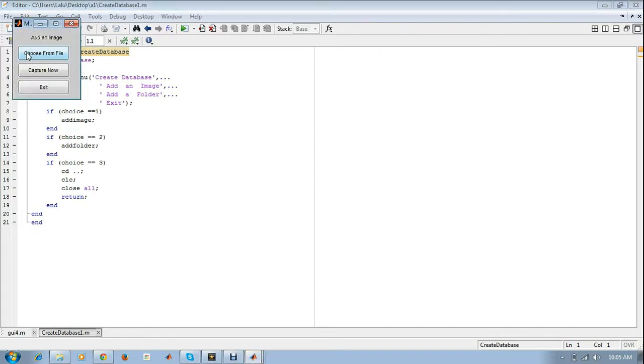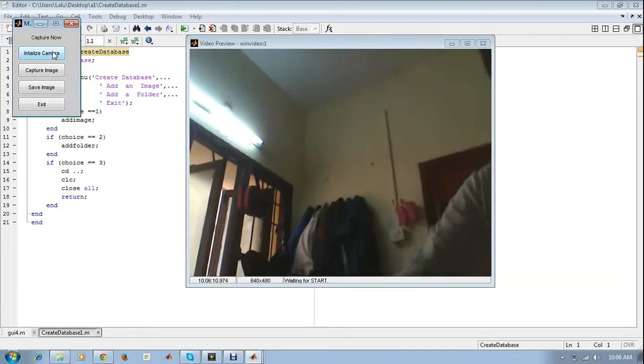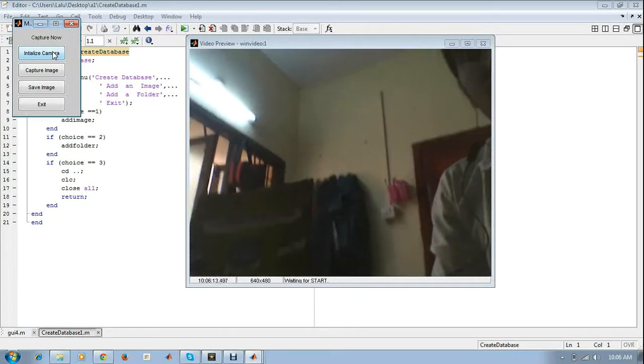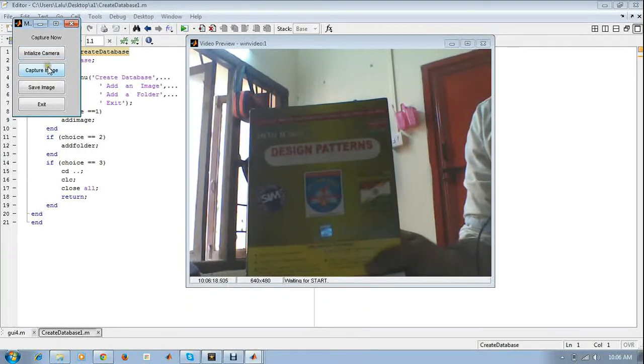If we want to add an image, we can choose a file from our database where we want to place the data. If you want to give an object which is static, you can choose capture now. It shows initialize camera, and the front cam will be initialized. You can place any object, like a book or anything, and by clicking capture camera the image is captured.